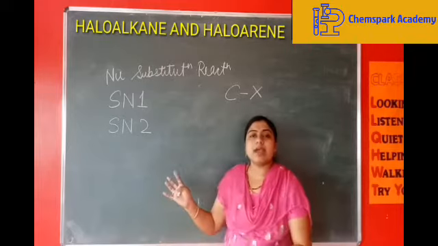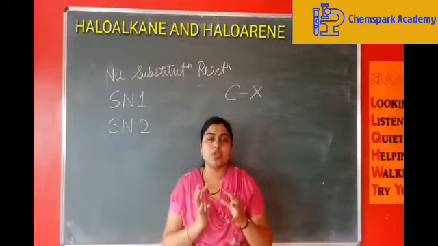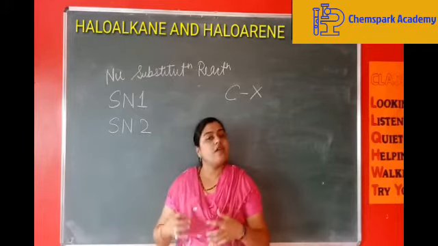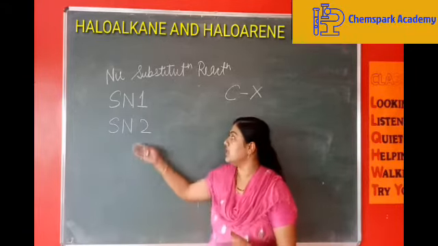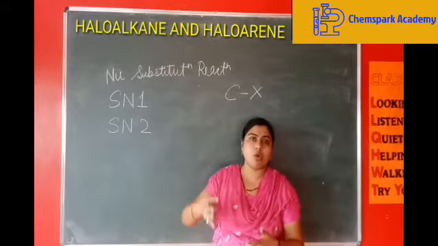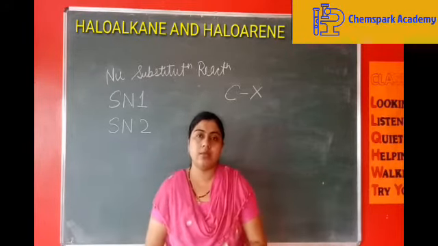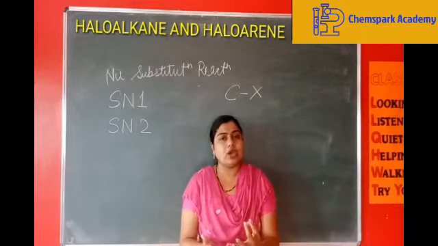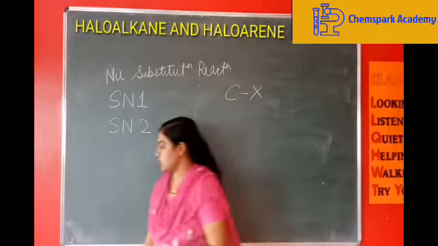So in the rate determining step of the SN1 reaction, there will be only one molecule whose concentration is subjected to a change. Whereas in a bimolecular nucleophilic substitution reaction, that is, the SN2, there will be two molecules in the slow or rate determining step. The mechanism will be dealt with after finishing a few reactions which we are studying.